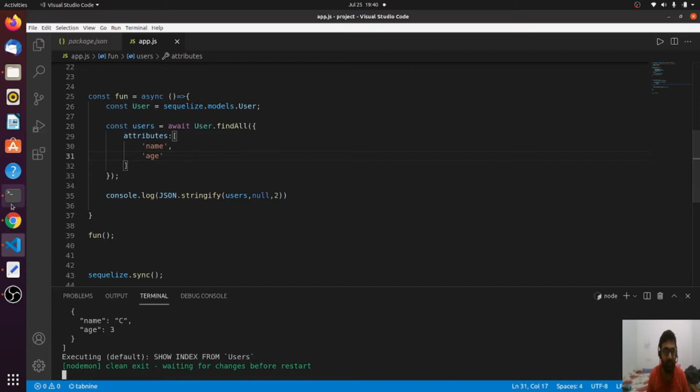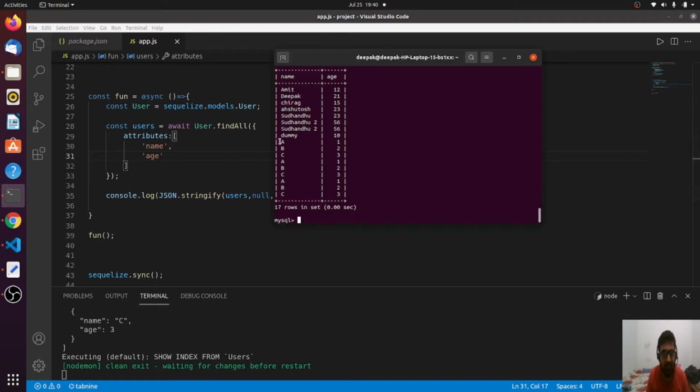now as you can see the data, I have intentionally added a few repeated users, like A is repeated 3 times, B's and C's also, and their ages are repeated, so that I can show you some kinds of queries. So suppose I want unique names.